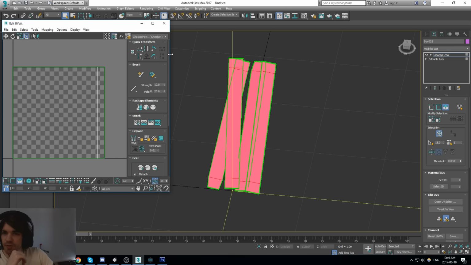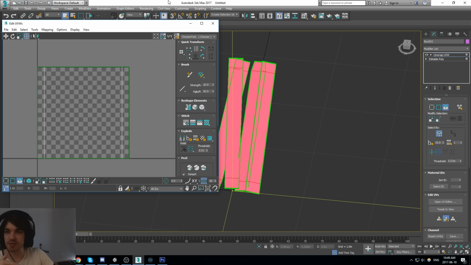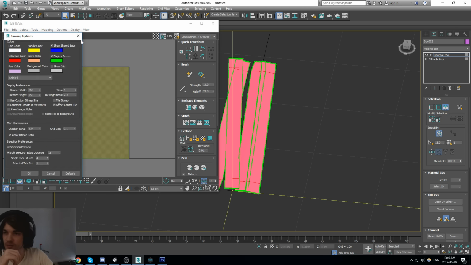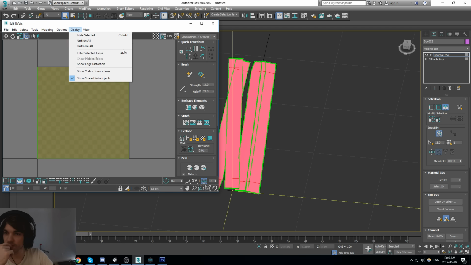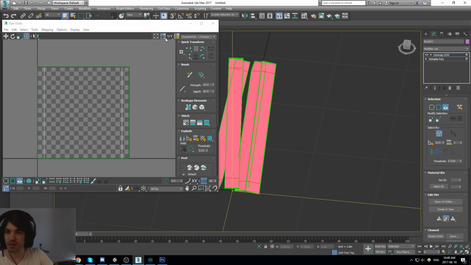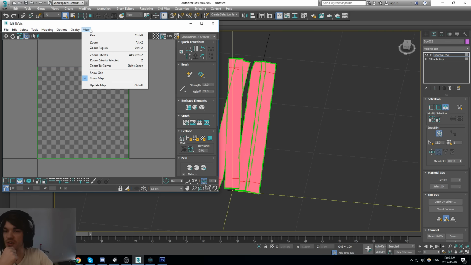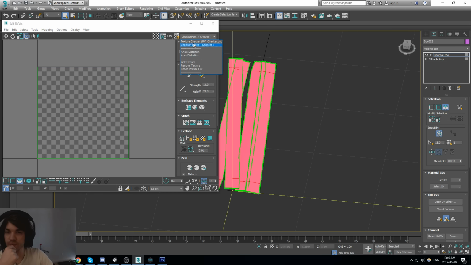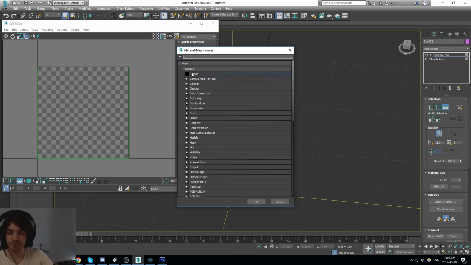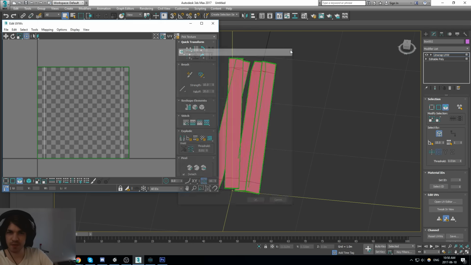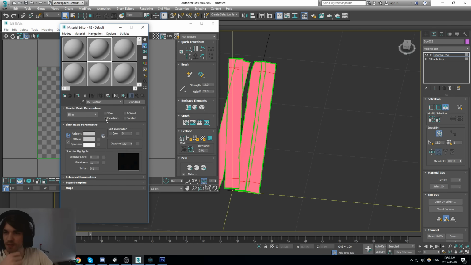Alright, so I'm fairly new to 3ds Max 2017. Feels like they've done a lot of change to this editor. I used to click here and I have my... oh, actually it is here. That's my texture. My texture is a checker right now. Let's change that for, there we go, big texture. But let's pick a material actually. This one.